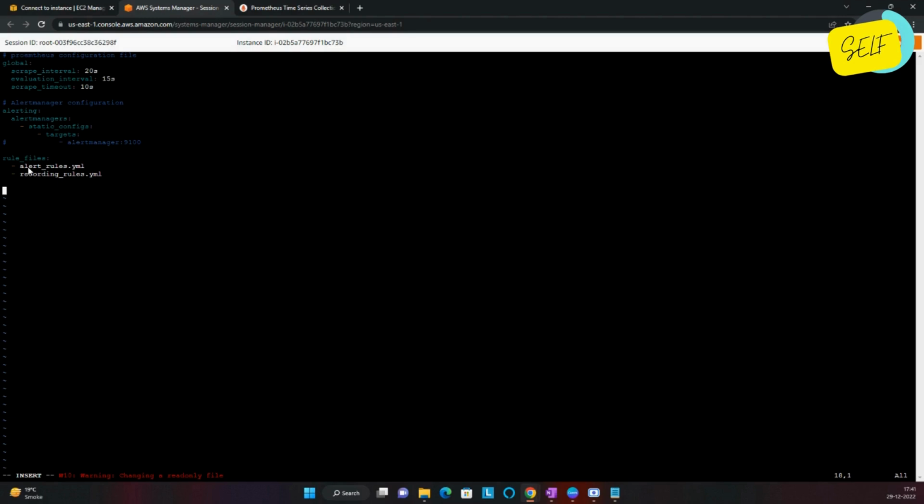Now let's say next, suppose you want to scrape a particular EC2 machine for the node metrics, then you can specify the targets now in the scrape_configs. So here we specify the targets for which we want to scrape the metric. So I will say scrape_configs. Inside it I will create a job. Now job is nothing but the combination of similar targets. So it's on you how you create the jobs. This is totally for you, how you want to segregate the targets. So here in the scrape_configs, I'll create a job name. Let's say